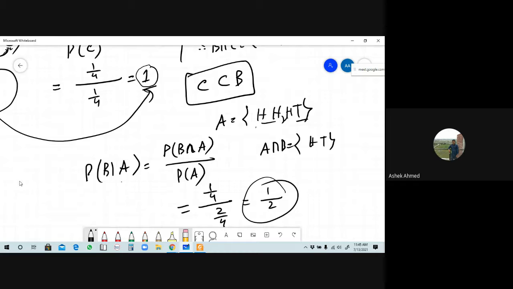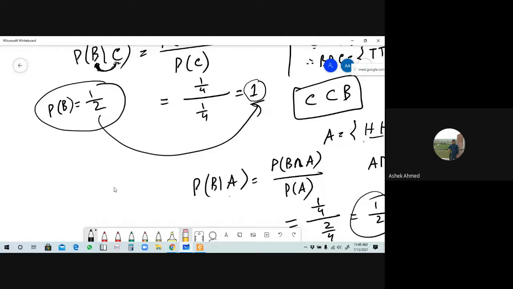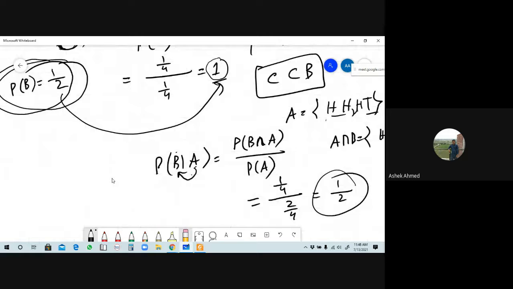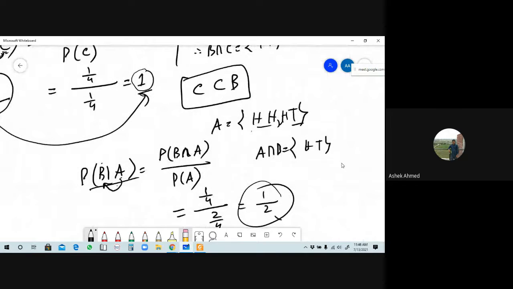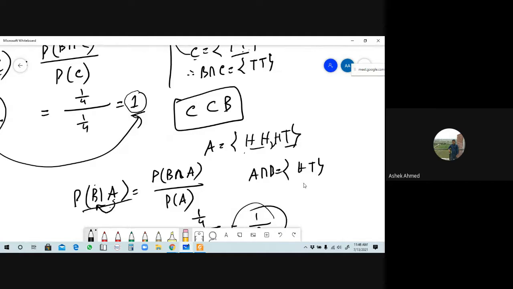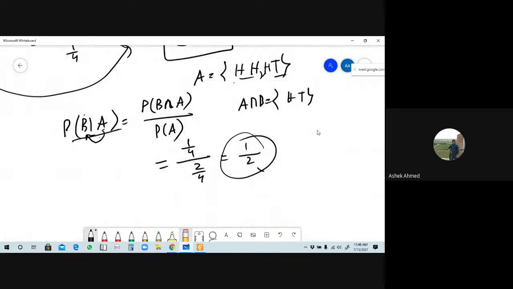Okay, but in that case we have to find out the probability of B with respect to A. A respect to B বের করলাম, সেটা রেজাল্ট হচ্ছে হাফ। আবার প্রিভিয়াসলি যখন আমরা ডিরেক্টলি probability B বের করছি তখন কি পেয়ে গেছি? হাফ পেয়ে গেছি। এরপর ভ্যালু চেঞ্জ হয়েছে? রেসপন্স করো, if you compare both results, probability of B and probability of B given A, এই রেজাল্ট কি চেঞ্জ হয়ে গেছে? না। না স্যার। Okay, but here A intersection B is non-empty. Non-empty মানে কি? তাহলে এখন A আর B এর মধ্যে কমন লিমিট আছে না? একটা কমন লিমিট আছে।